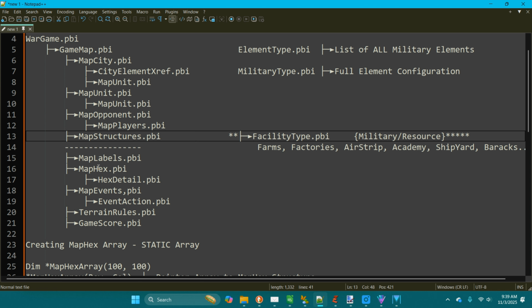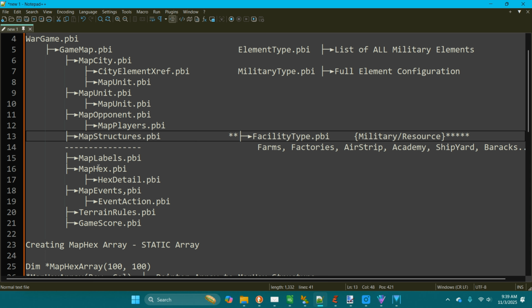Then we have the physical aspect of the map. A map is made up of labels and graphics. Labels are their own thing because they are not tied to row and column; they're just tied to an XY. But then you come to the all-important map hex. When you first build a map, you identify how many rows and columns you want. In the background, I actually create the array, or actually a list, of map hexes. It goes across a row, say 20 across, and then down to the next row and 20, and all the way through. So you create hundreds and hundreds of these